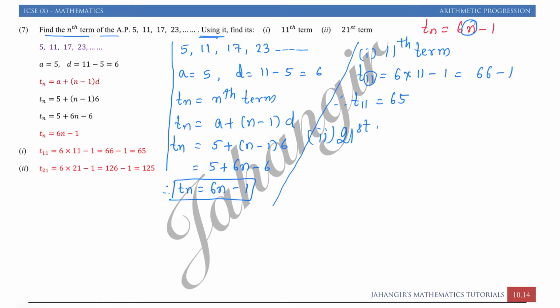In the second part, we have to find the 21st term. So what I will do, I will first write Tn, that is 6n minus 1. We had already found it, and T21 is equal to 6 into 21 minus 1. 21 into 6 is 126. 126 minus 1, that is 125. Hope this part is clear. Whenever they say find the nth term, we are just putting the A and D values, we are not putting the n value. Here we are making the formula for the sequence. If you just keep on changing the n, you are going to get different values of the nth term.